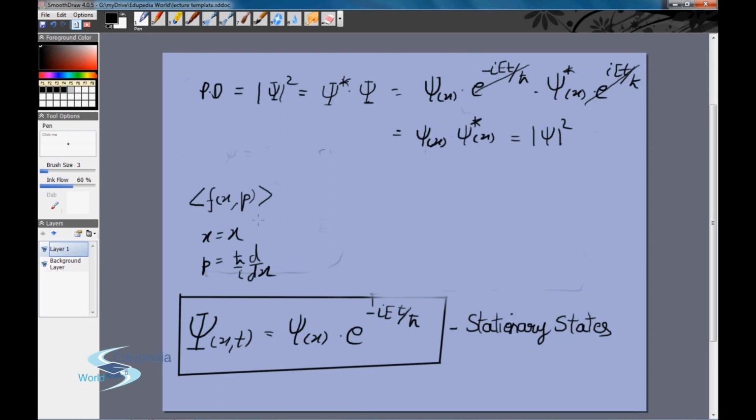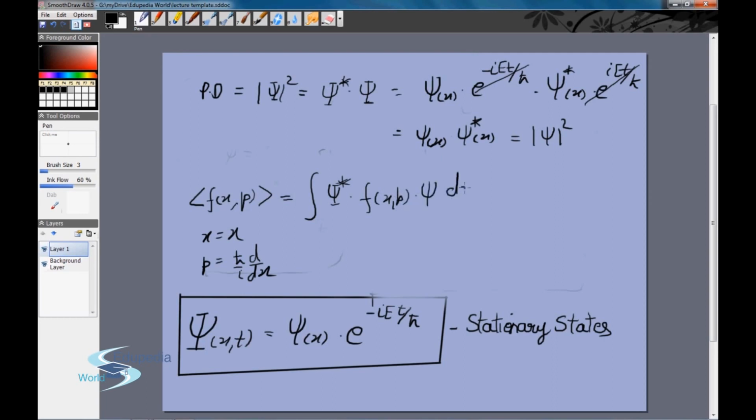So if you have something like kinetic energy, which is p squared by 2m, or anything else which is created by x and p, then the expectation value was given by integral of capital Psi star multiplied by f multiplied by Psi